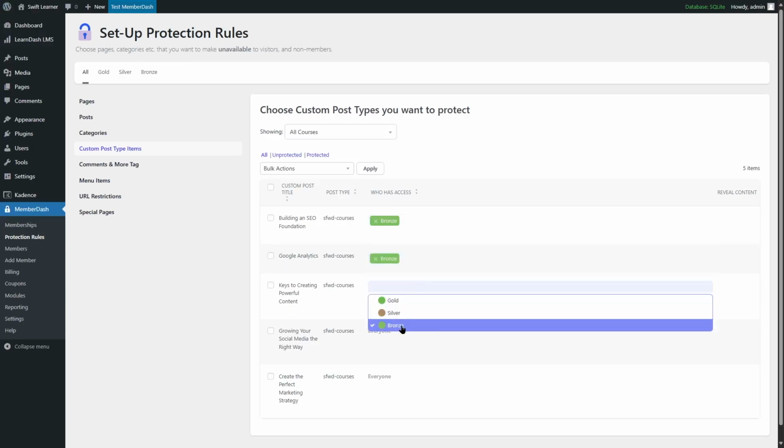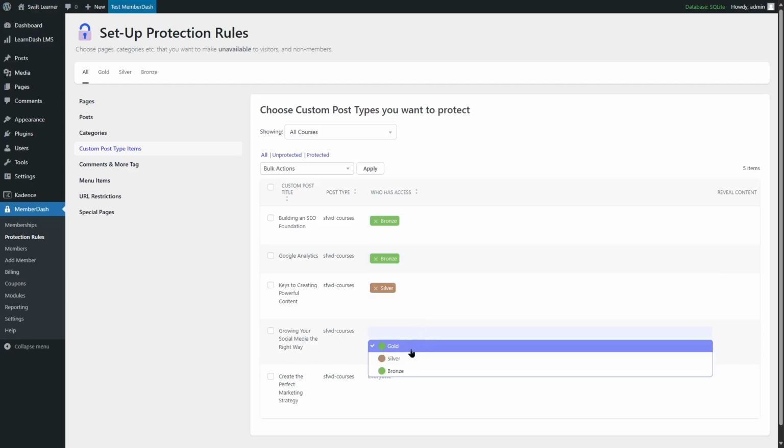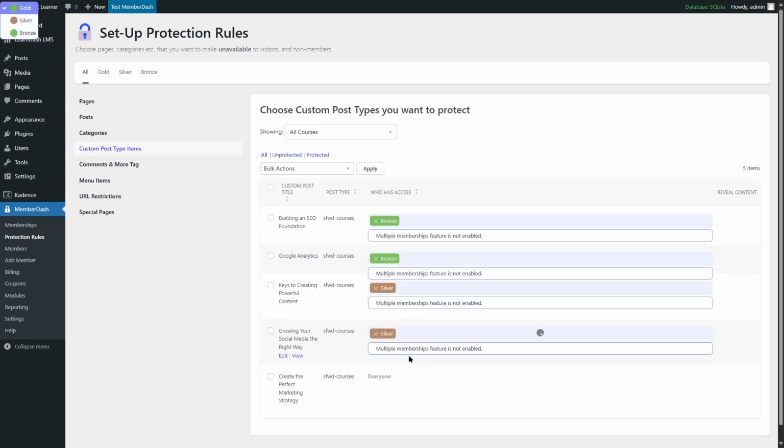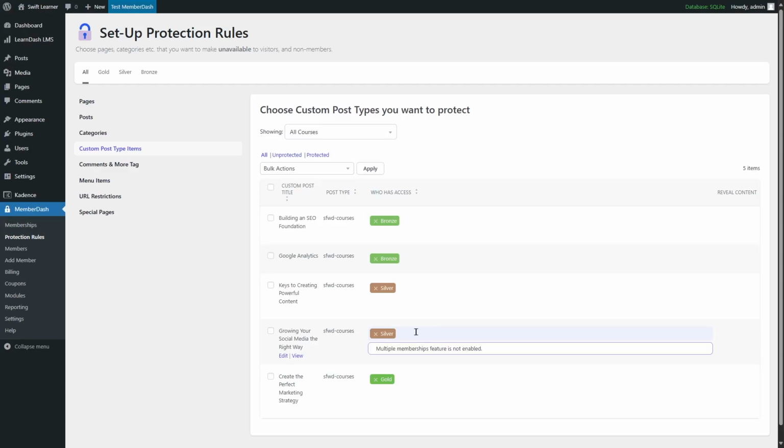And this one we're going to apply silver, and this one we're going to apply silver again. And for this, we're going to apply gold. And if we want to apply another membership over here, for example, the gold members can access all the courses. Currently, the gold member can access only this course, but we want gold members to access all the